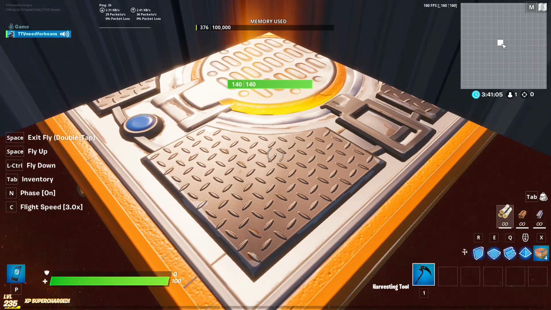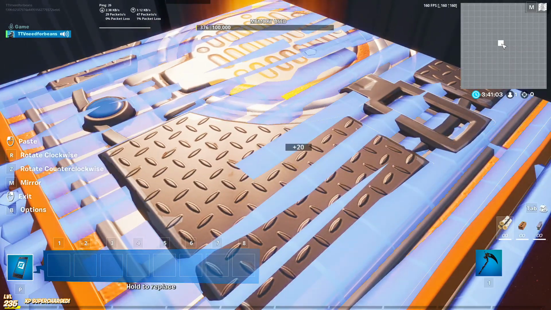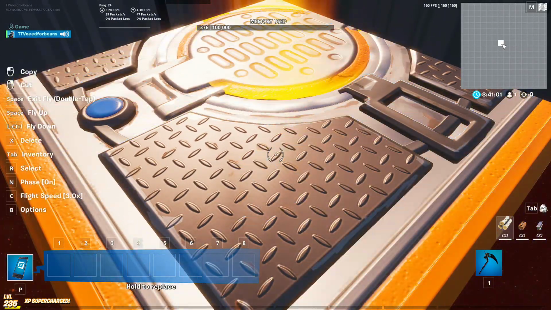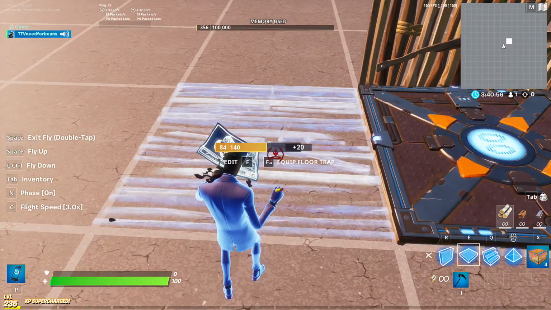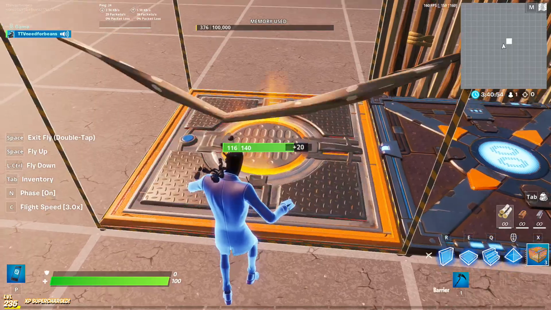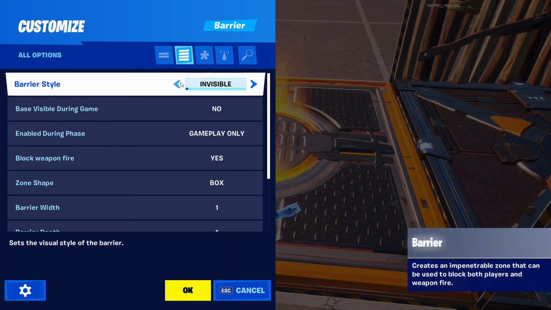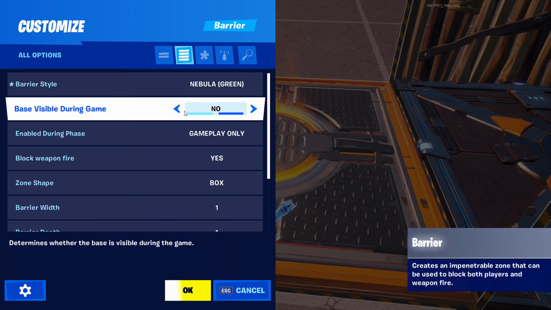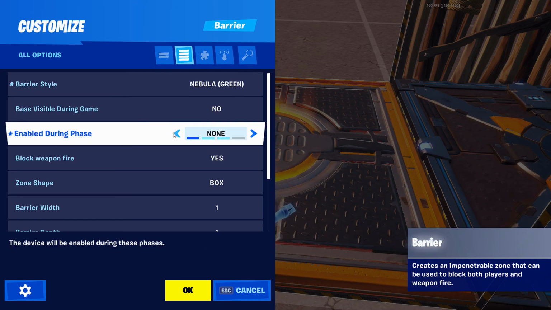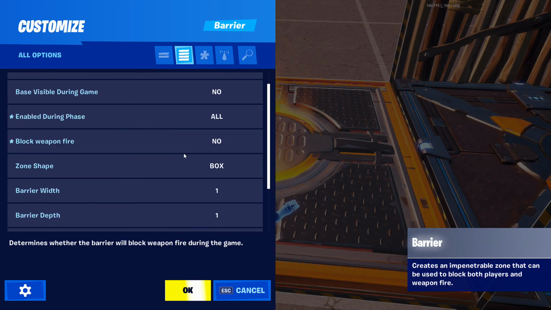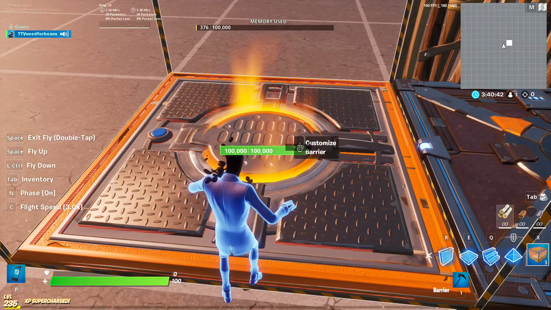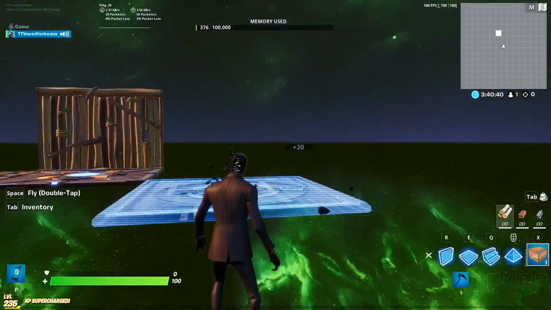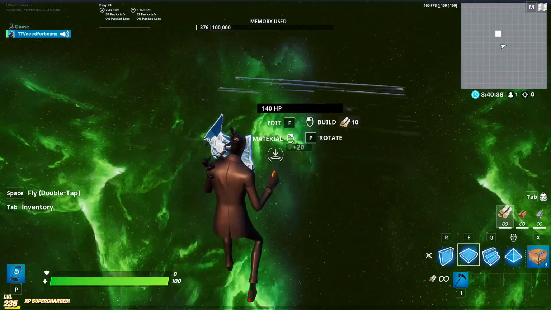Let's go ahead and just delete that. Okay, so if you place the barrier right here, first of all you have to place a base, and you place the barrier, and we do the same thing. We go, let's say nebula green, no, enable all the time, block weapon fire, no, hollow box, 100 100 100, just like this. Then you get this kind of barrier, but the problem is when you place a floor, it'll